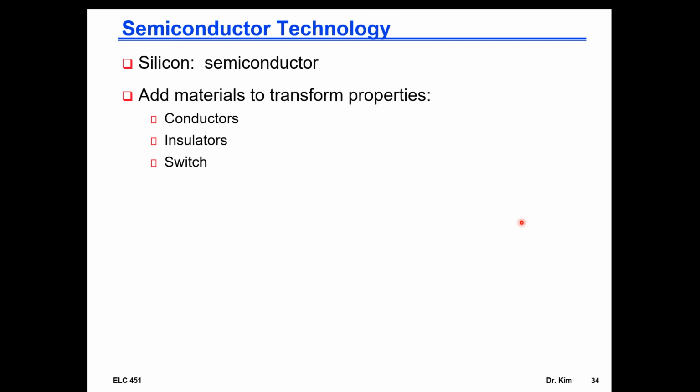Now, just to give you an idea, the whole process is very interesting. I said that the raw material is inexpensive. The process itself is very complex, very expensive, but you do get economies of scale very easily because you can have what are called wafers and have multiple chips fabricated at the same time. These wafers can easily be 30 centimeters in diameter. So that's like this big. And so you can get a lot of chips on a single wafer, and that adds to the economies of